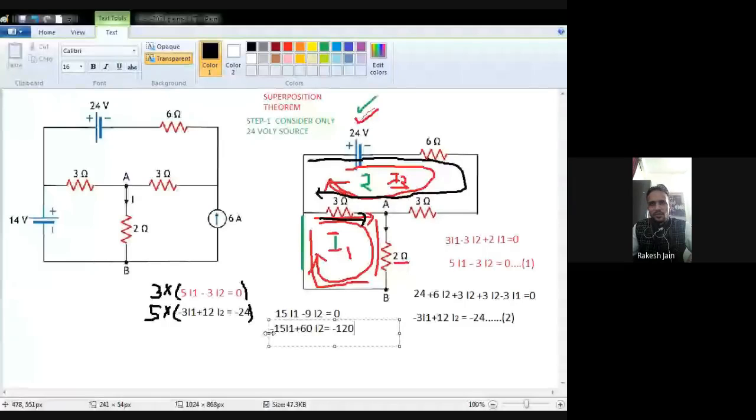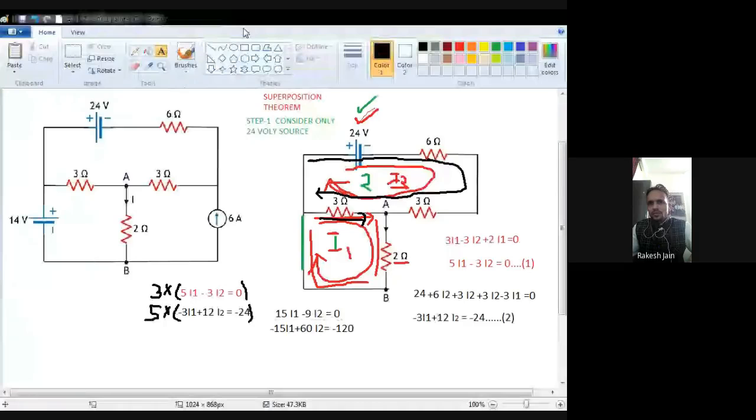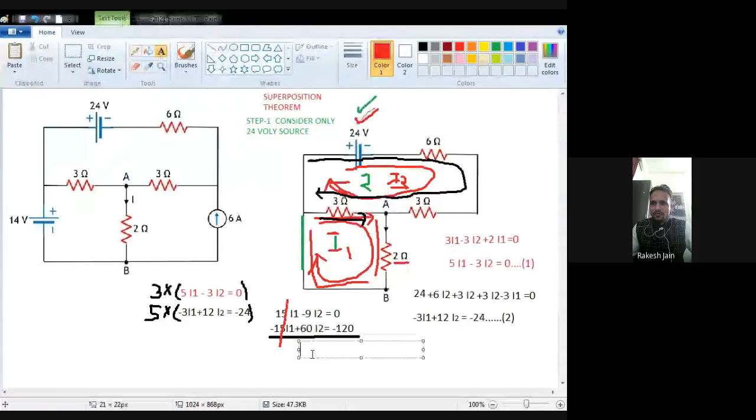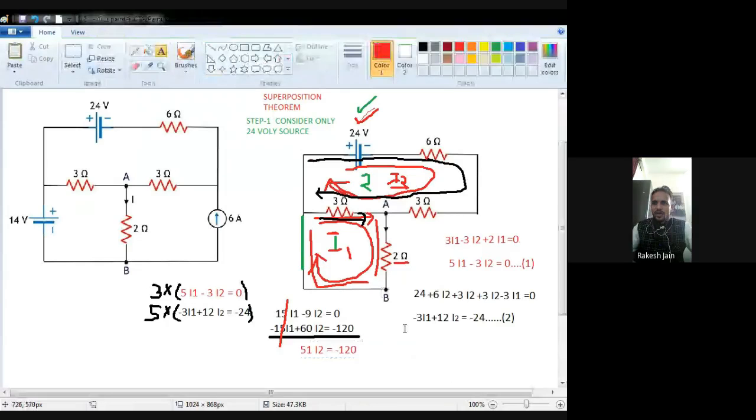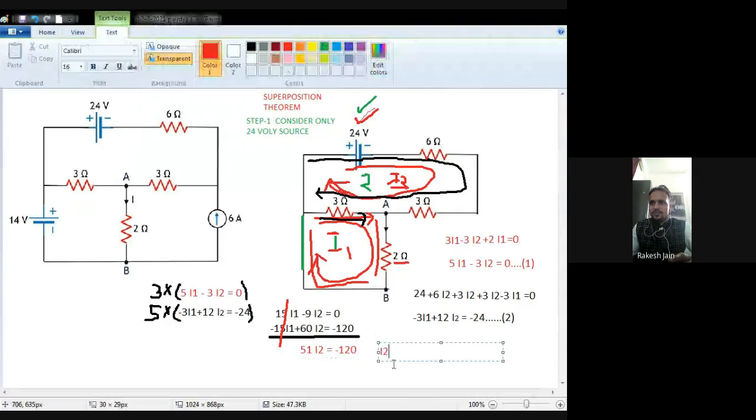Now I go to the next 3 ohm resistance, from right to left. But one more current, I1, also passes through this from left to right. Both currents are opposite, but because I am writing the equation for the I2 mesh, my current I2 is positive, so plus 3I2 is there, and the I1 current is negative, and that is equal to 0.